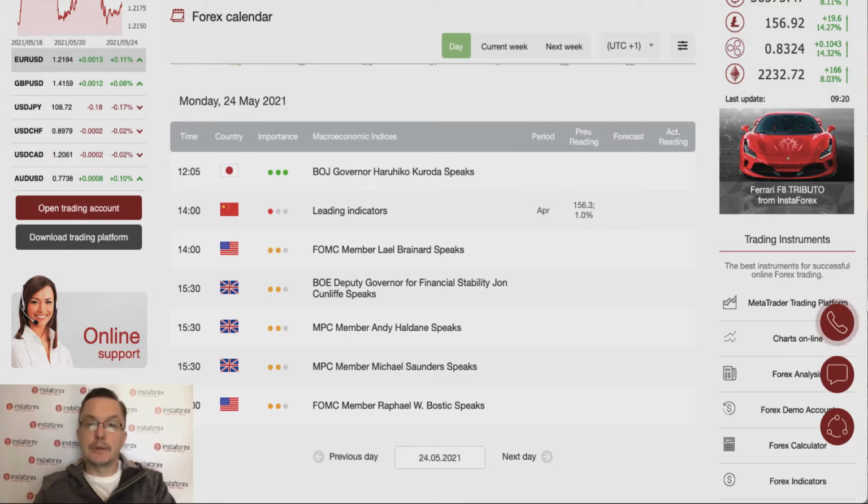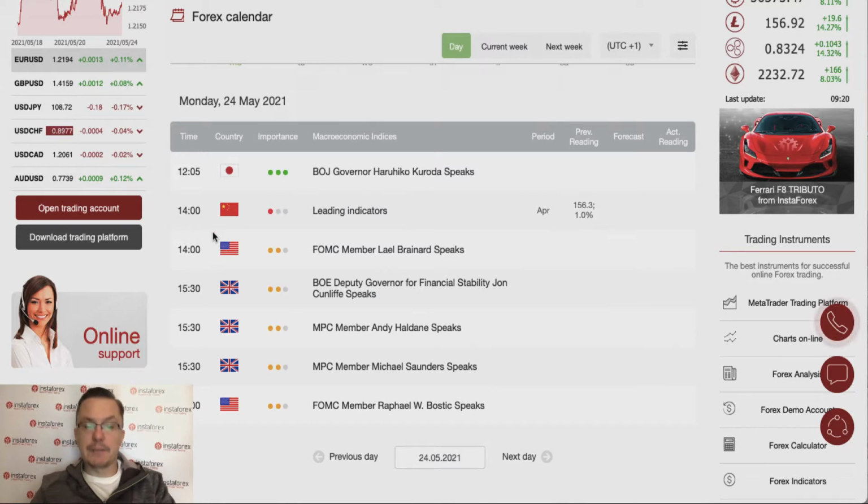Today is Monday, 24th of May 2021, the beginning of the trading week. So let's take a look at the Forex calendar. As you can see, during the London session we don't have any important data release, only at 5 past 12 p.m. Bank of Japan Governor Kuroda will give a speech, kind of an important speech, I guess. 3 stars here. Then we have leading indicators data from China, and during the